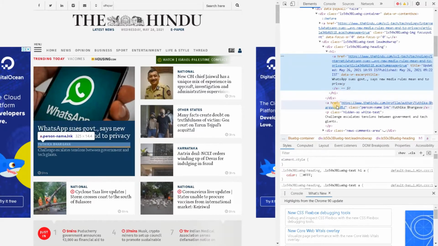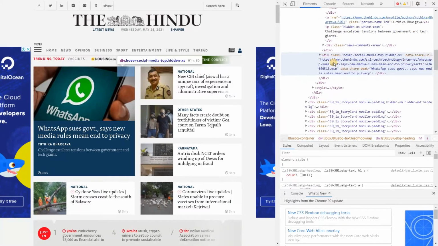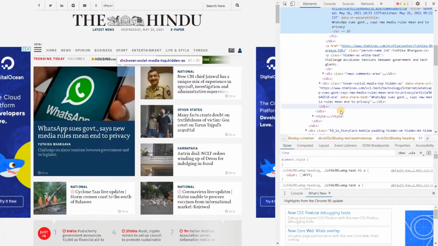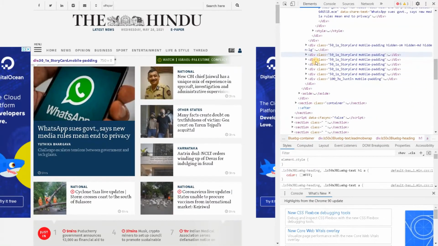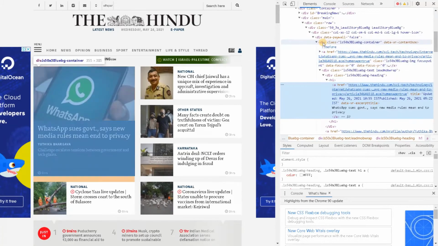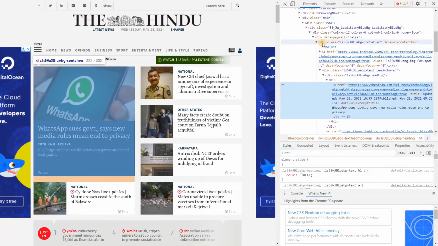If you go down a little, you can see another URL. And if you go down, there are still more things we can identify. Here there are some tags we can see. And if you go further, it may show some of the tags if available. Sometimes it's showing the entire page. See, this div tag covers this entire section. So this whole section comes under this particular div tag.